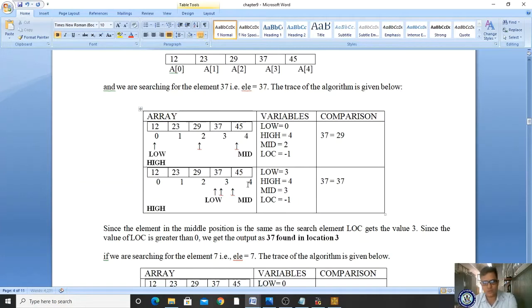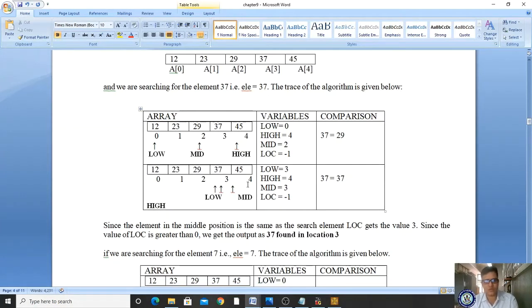Now you are identifying the searching element: 37. Whether 37 is equal to 29? No. Whether 29 is less than 37? Yes. If yes, low becomes mid plus 1.